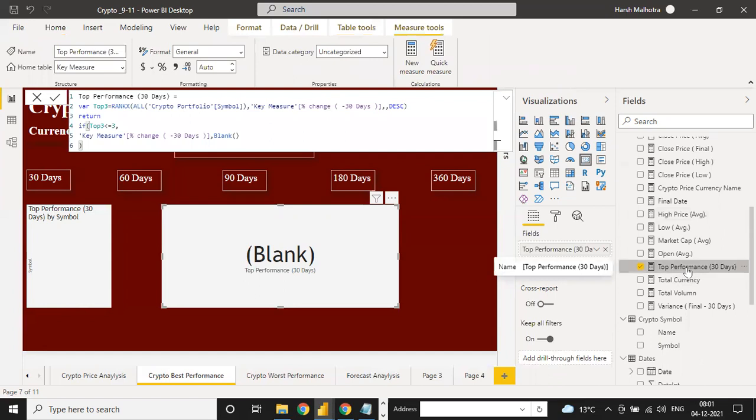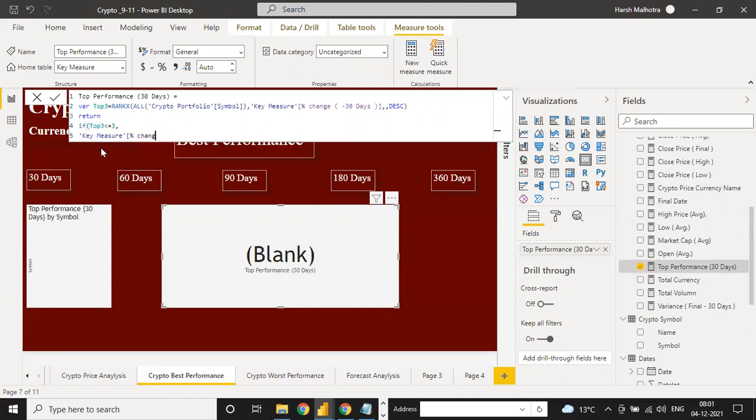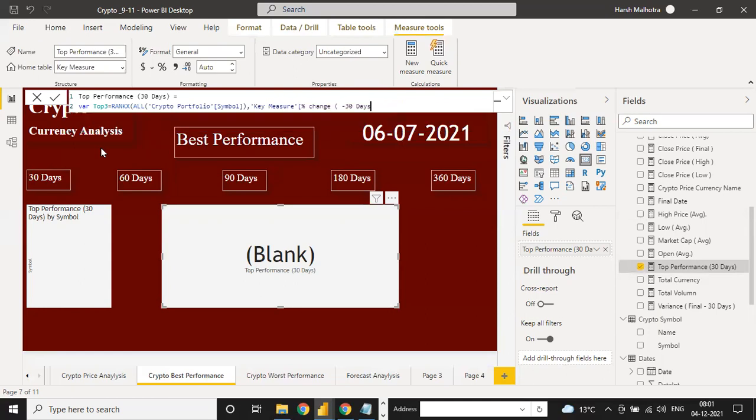Top performance. For top 3, let me write it again. Maybe some issue with the writing.